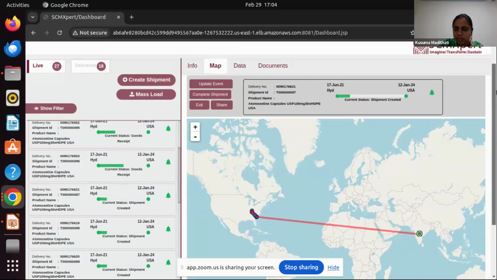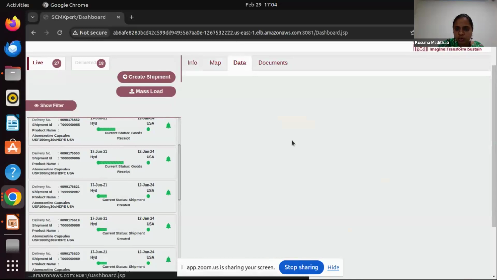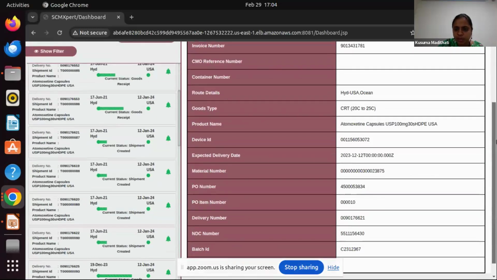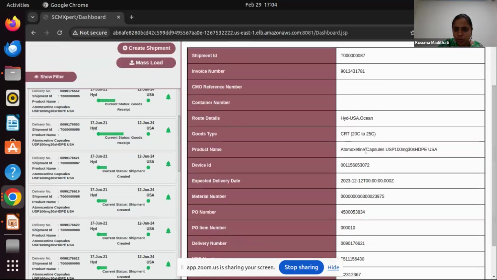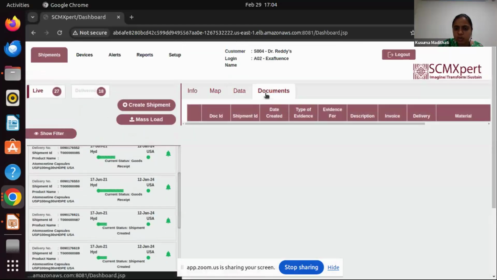So what is the start place and what is the end place, that is, what is the source and what is the destination points within the map. It will show the crucial data that is important for the shipment, like this. What is the product name, what is the goods type, what is the temperature that is maintained, and what are the route details. This is the product name, and this product is carried within this shipment. Like this we can get all the details here,